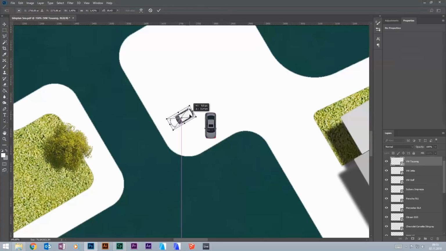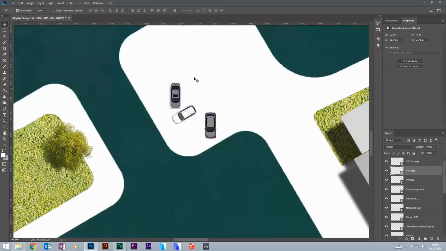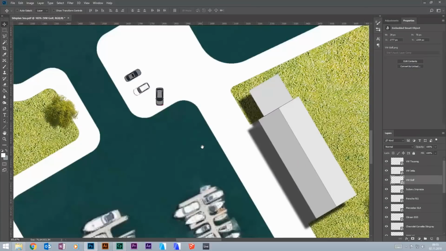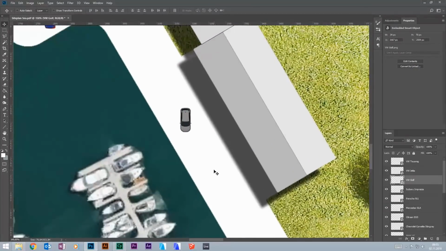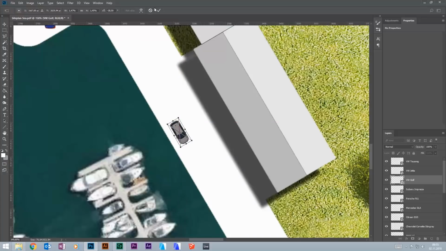And when I have the right size, I just select one. I start here with the VW Touareg, and I press Ctrl and T to transform. I can also turn them here, and V for moving. So I take this Golf and move it on the street here at the marina,